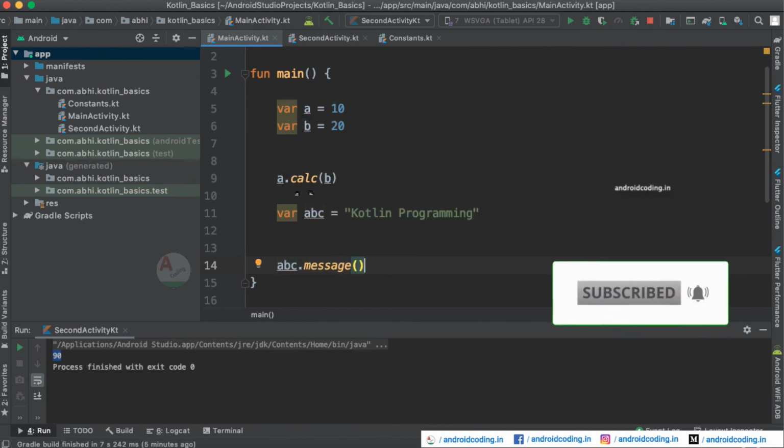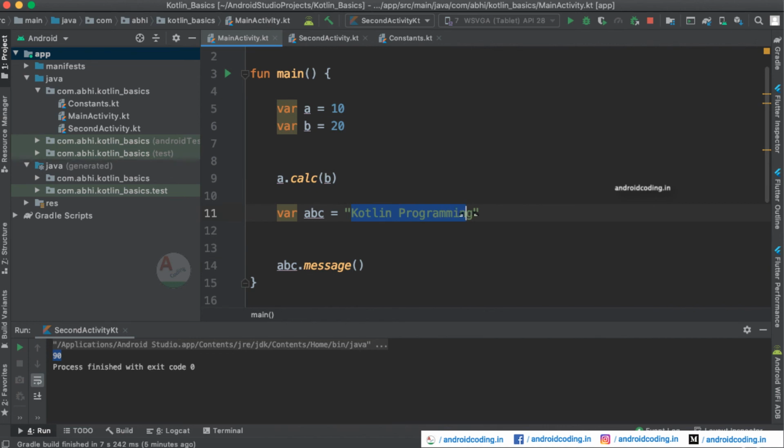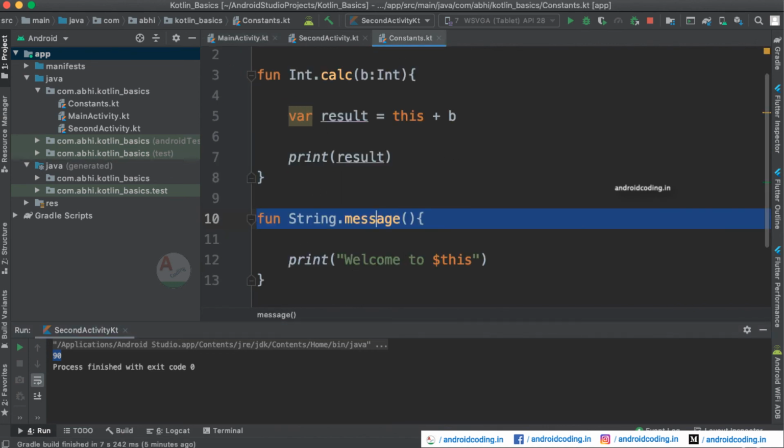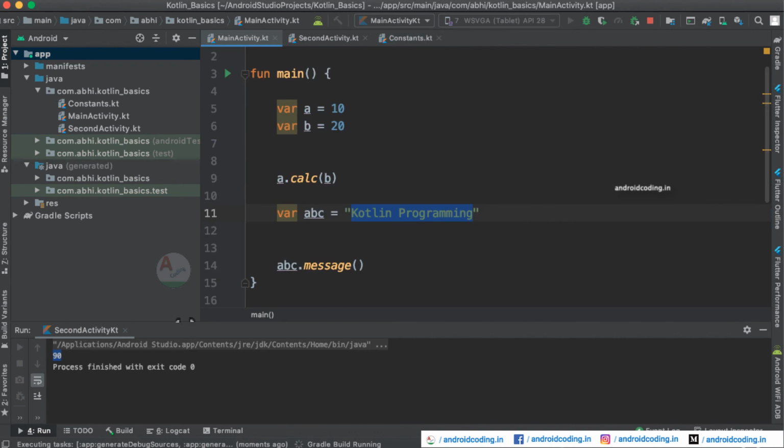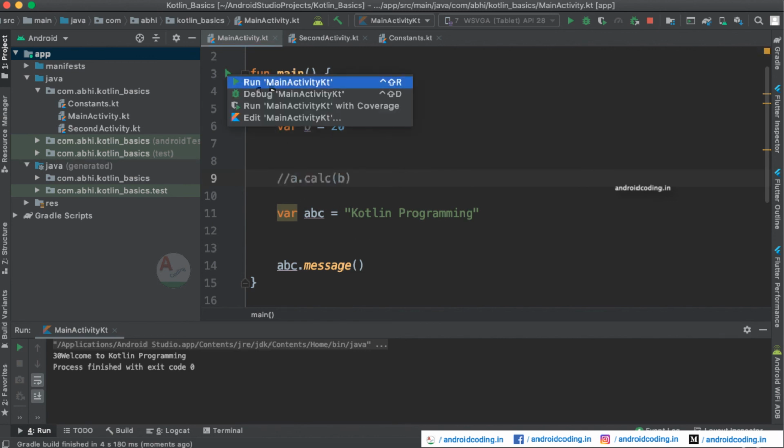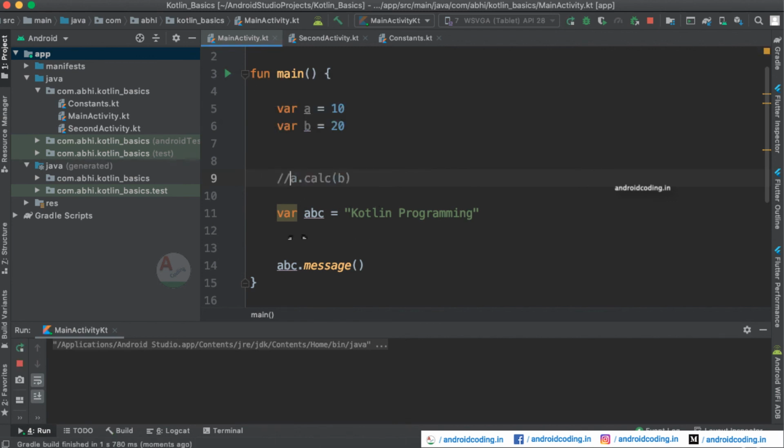That's all. So here the abc is Kotlin programming, and the message we have declared here, welcome to. These two will be printed onto our screen here. Let us try to comment this particular line because we are able to see the 30 in console. So welcome to Kotlin programming.